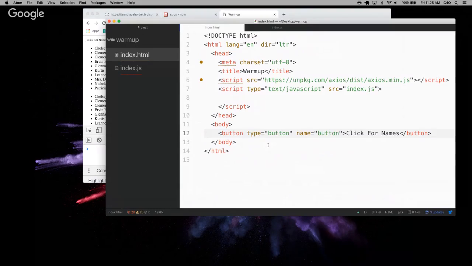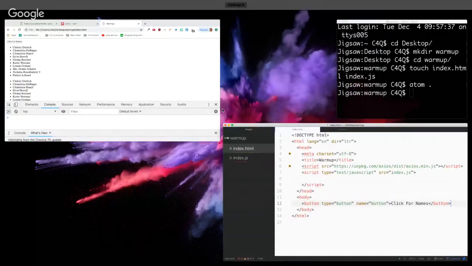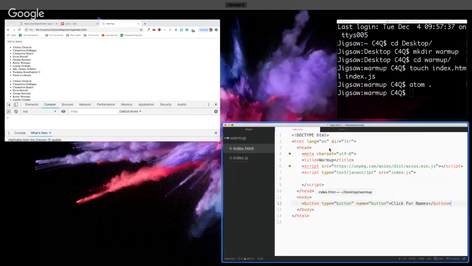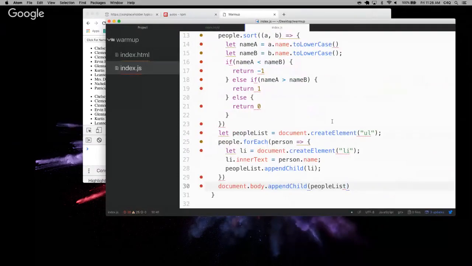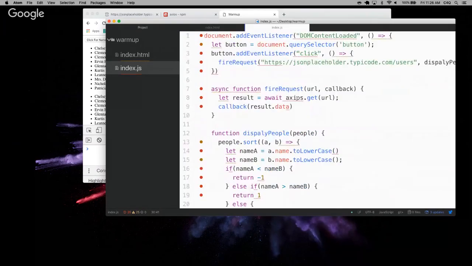Can I make it not print again? Is it? What? Yeah, let's hear it. Can we go to the JS? Yeah. Where is the button click listener on the button? Are we creating a UL and appending it to the button? We're appending the UL to the body. Are we? Yeah. Okay, so right after the